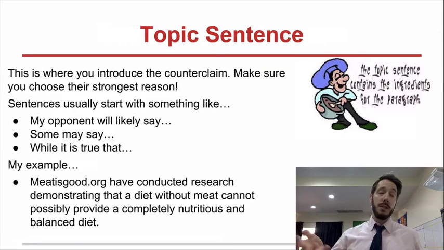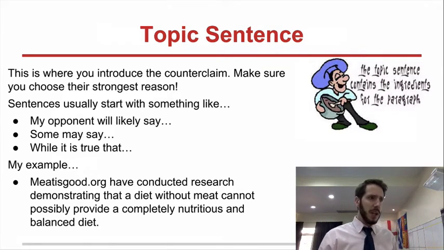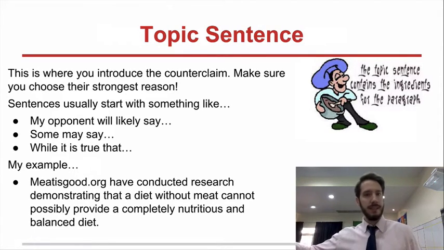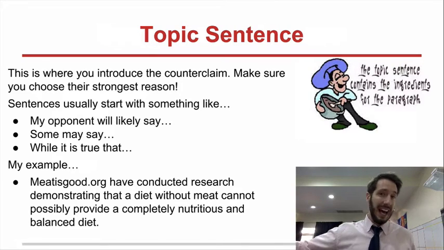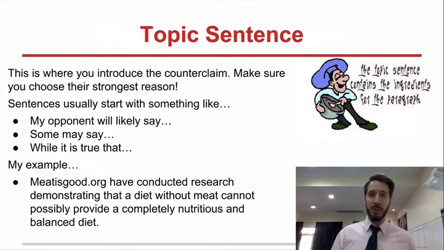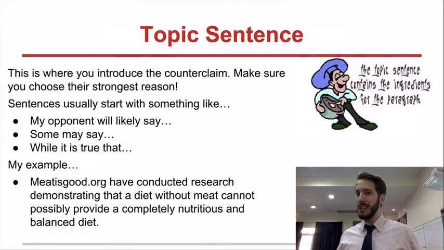You might want to note the author, John Smith, PhD of economics at Columbia University, notes that. You could say, while it's true that. And you want to really use a strong signal phrase here. If you just say opponents, that typically works, but you really want to nail down who is saying that if you can find that evidence.